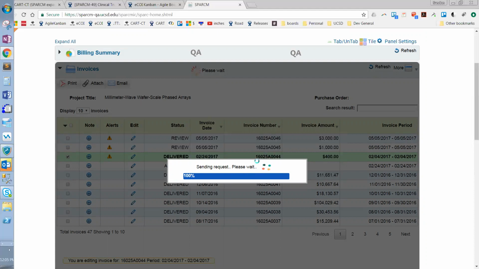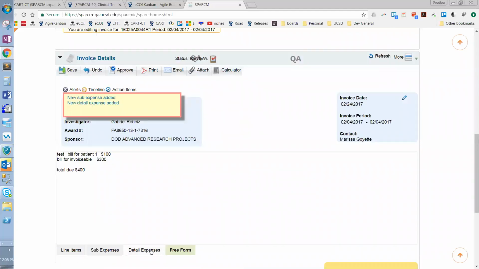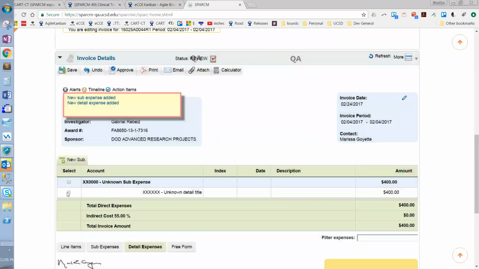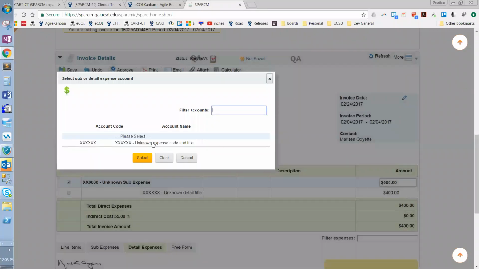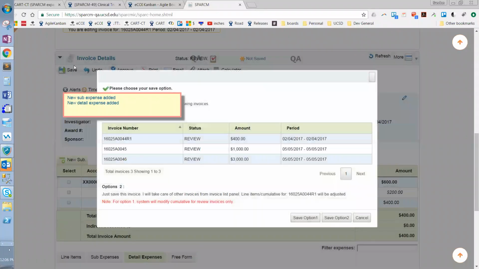And now it's going to create invoice 16025A0044R1, first revision. As I understand it, it just does an exact copy of it and makes it repeat. So now you can edit it. Then from here you say, oh, you know what, I want it to actually be 600. I'll show you now that I've already messed with this amount. There's a couple less clicks, not by many, but it also prompts